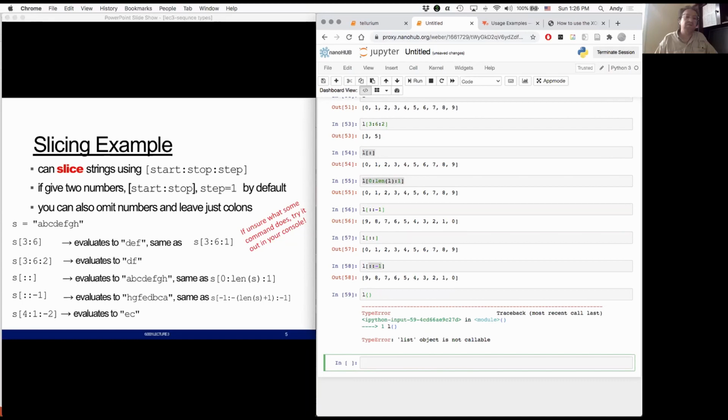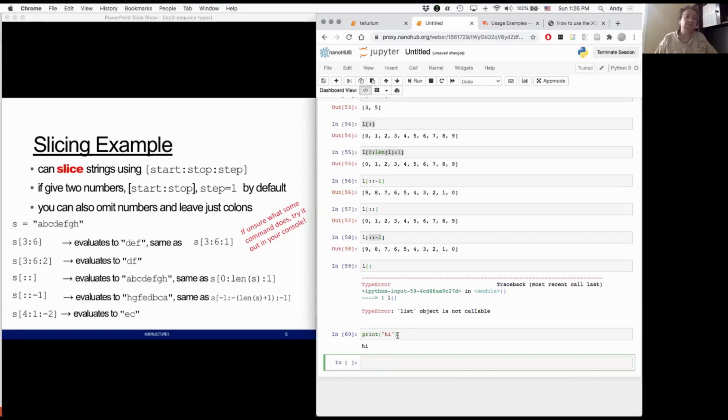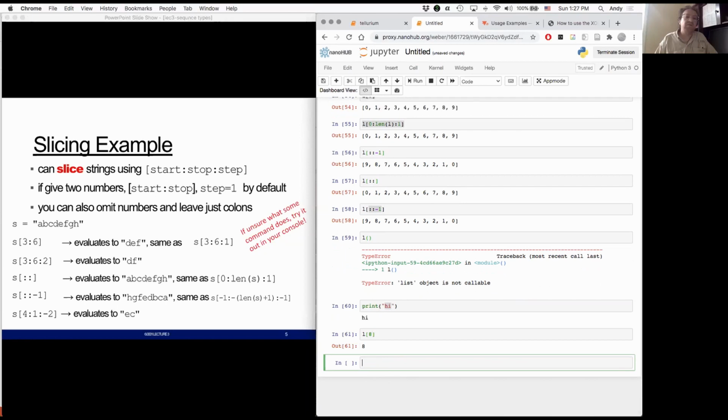In Python, the parentheses, when you call it like print, mean that you want to treat this thing as a function that you're going to call, and these are the arguments to it. However, the square brackets mean we're accessing it as a list. So we can do L, 8, and it gives us the 8th element back. But if we do L, 8 with parentheses,